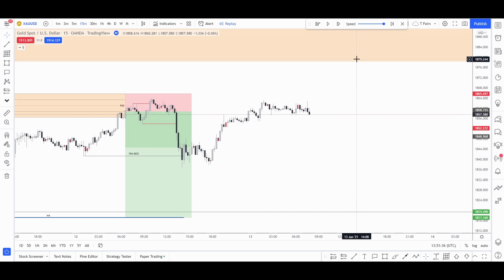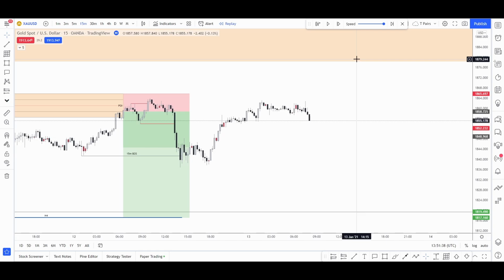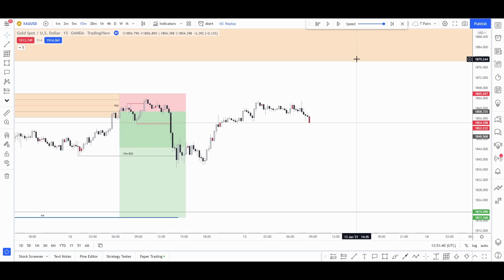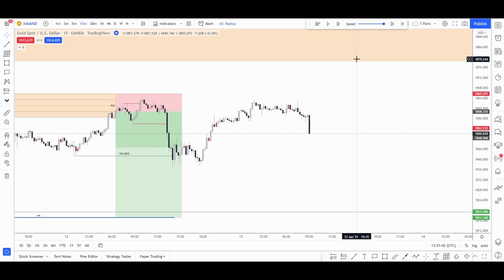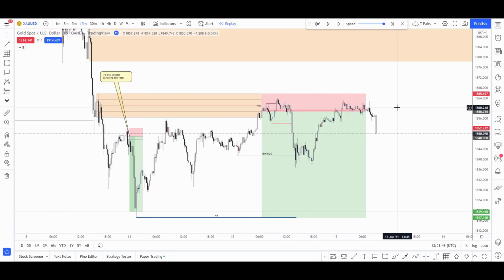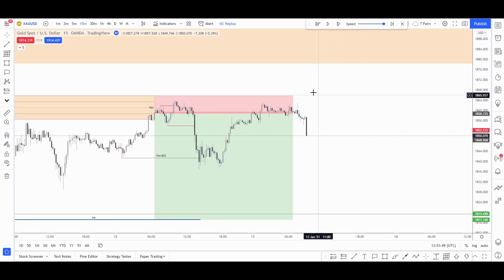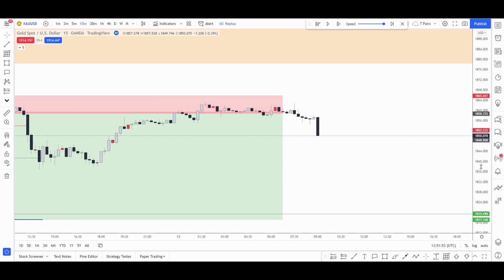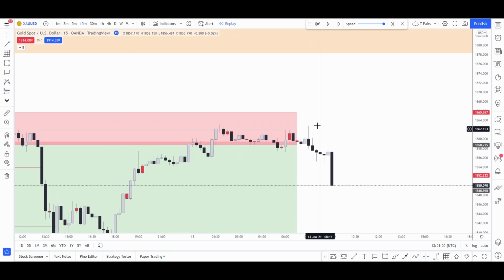Okay, that's good. That's showing good supply coming into the market. That is looking good. Looking really good. Okay, what I like about this, let's move this over, just show that we're still in. Did that sweep everything? Just looking at the high of this candle here. Just want to zoom in, make it clear for you. Looking at this black candle here, this pin bar. So the high is